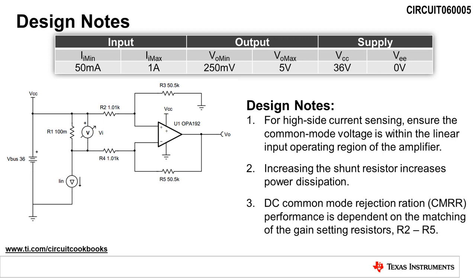When designing high-side current sensing amplifier circuits, there are a few design notes to be aware of. First, ensure the common mode voltage is within the linear input operation region of the amplifier. In this case, we use the Precision OPA192, which has rail-to-rail inputs. Next, increasing the shunt resistor increases the power dissipation of the circuit. Finally, the DC common mode rejection ratio performance is dependent on the matching of the gain setting resistors R2 through